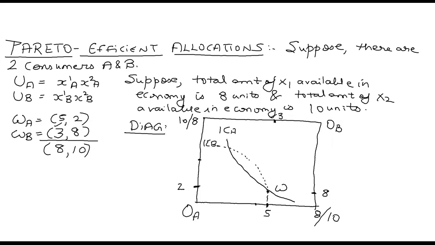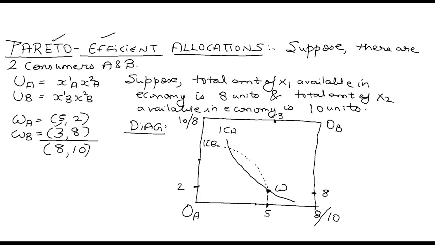This is ICB, the dotted one, and both the agents are consuming their endowments. I haven't introduced budget lines, and in this topic, we need not worry about the budget lines. When we are doing the concept of Pareto efficient allocations, we are not concerned with the budget line. We are only concerned with trade right now, exchange right now. And I am saying, suppose the agents are consuming their endowments.